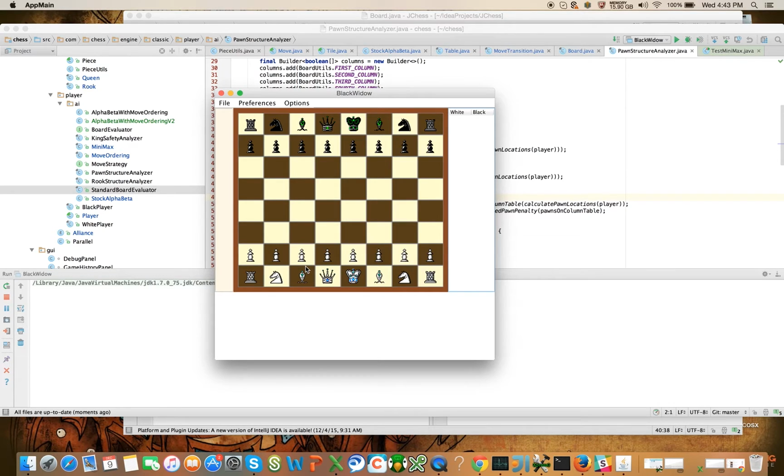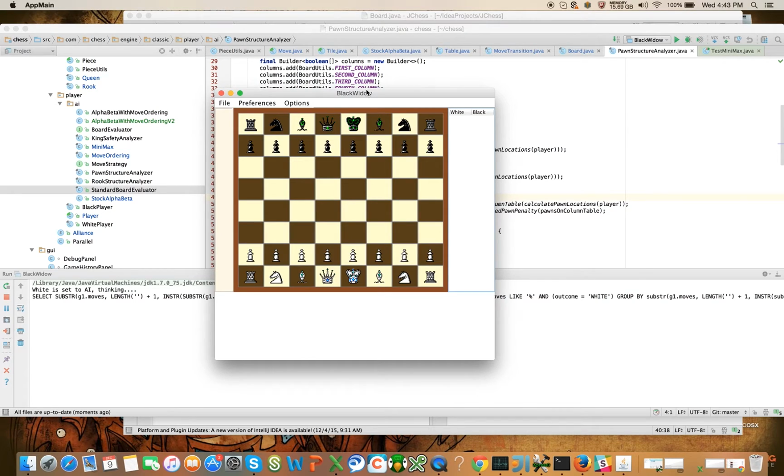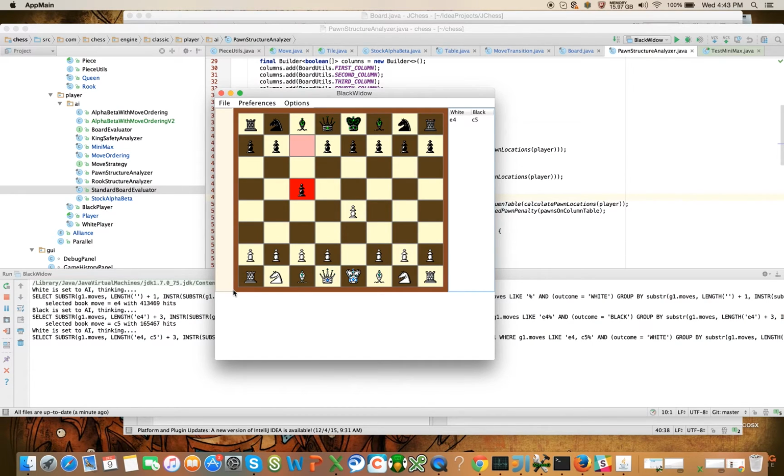So here we are. This is the game. I'm going to do a setup, and I'm going to have it play computer versus computer, and then we'll walk through it. I actually have a book of about 1 million games that I downloaded that act as part of the opening book sequence. So you can see the query into my database for those, and I'll explain that all in a future video. But what you're going to see is about 12 or 13 book moves,